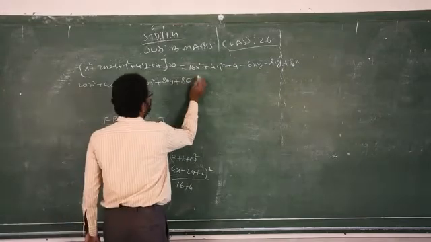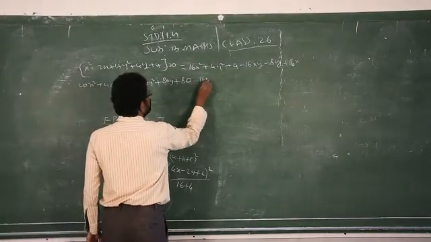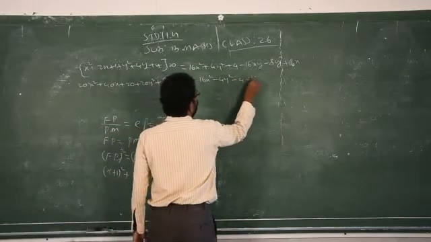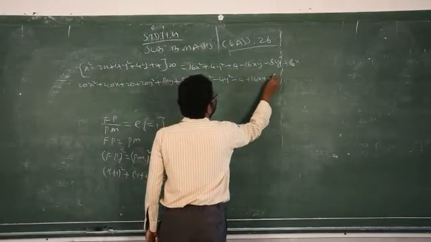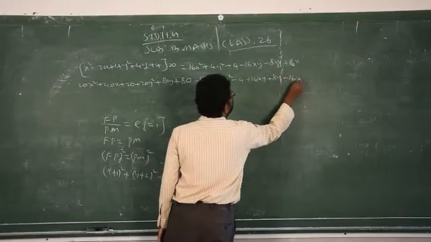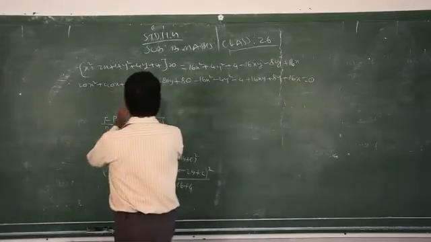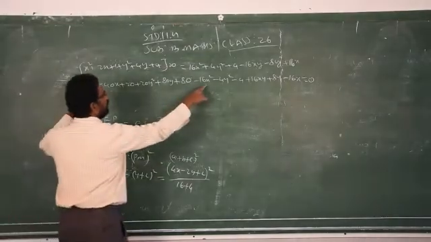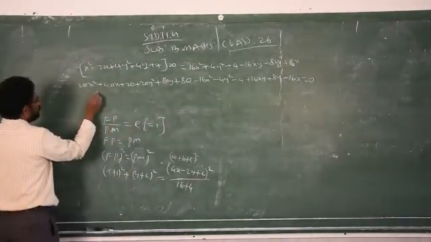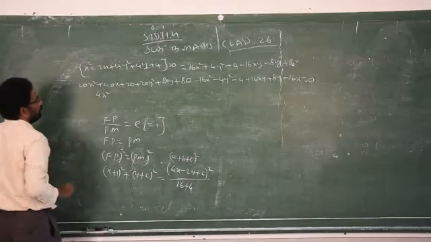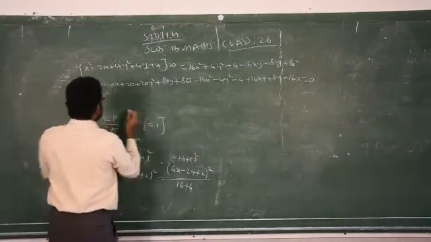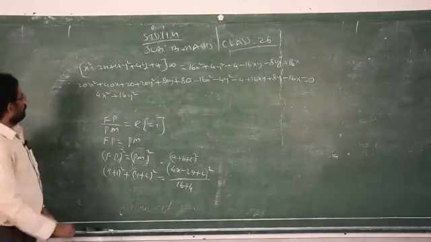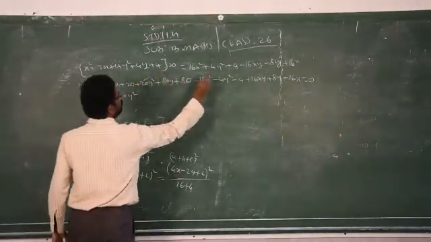Is equal to, transfer: minus 16x square minus 4y square minus 4 plus 16xy plus 8y minus 16x is equal to 0. Now you have to simplify the like terms. 20x square minus 16x square. So what will be the answer? 4x square. 20y square minus this one plus 16y square. Clear? So this gets over.